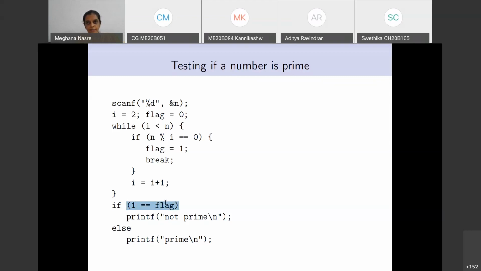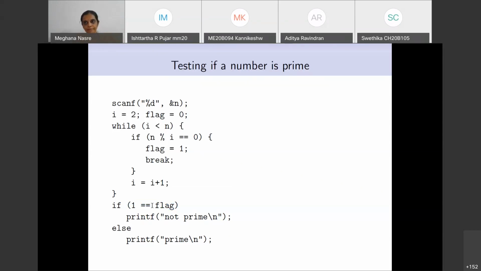Ma'am, I had a doubt. Just one second, I'll just complete this. If 1 is equal to flag is a correct valid statement, and this is something that I would like you to put yourself into the practice of writing rather than flag is equal to 1. We have discussed this earlier also, that if flag is equal to 1 is what you want to test, whereas you write flag = 1, this can be a very incorrect behavior of the program because it is setting flag equal to 1 and the return value of that assignment operator will be 1, which is non-zero.